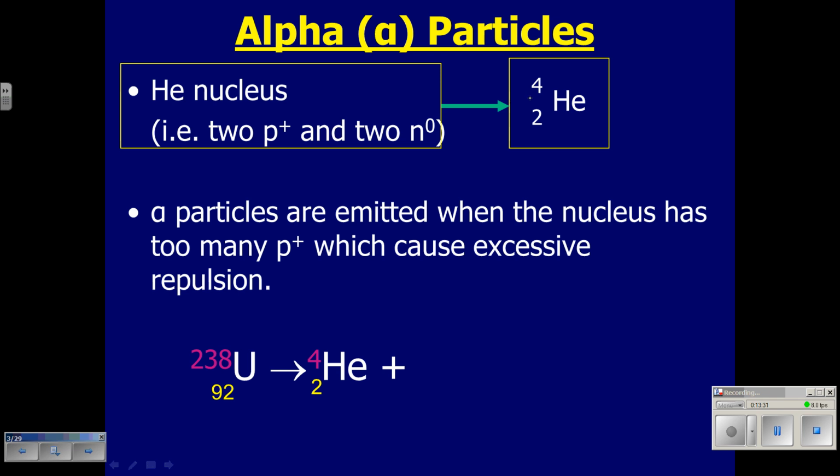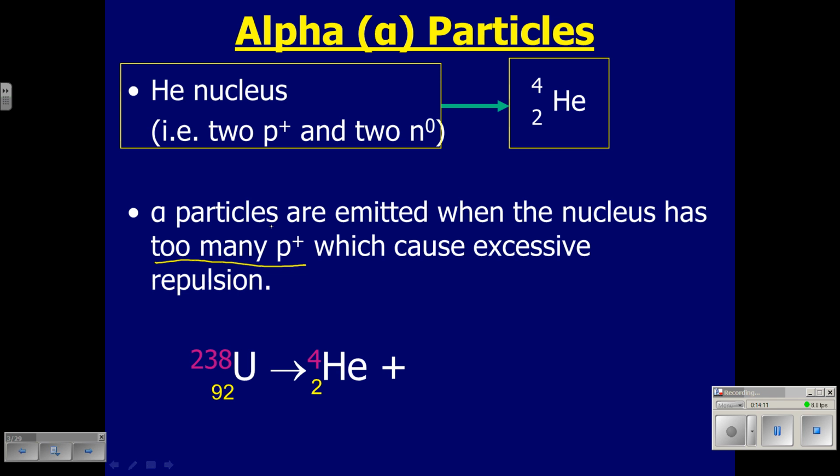And why would a radioactive element give off an alpha particle? Well, it turns out that if an element has too many protons, when it comes to the nucleus, a nucleus is most stable when it has approximately the same number of protons and neutrons. And it likes them in pairs. I can't explain to you why. To be honest, I really don't know exactly why. I've read some stuff on it, but let's just say that when they've got similar numbers of protons and neutrons,